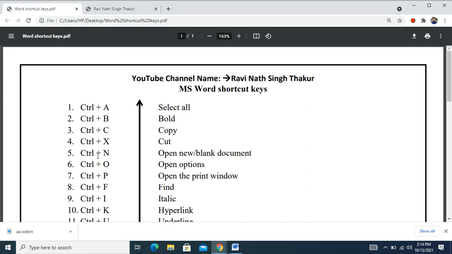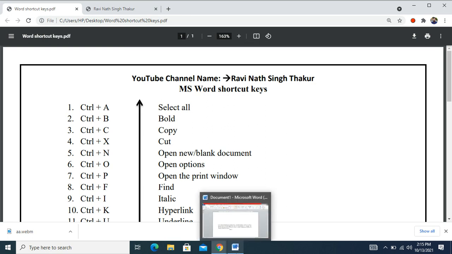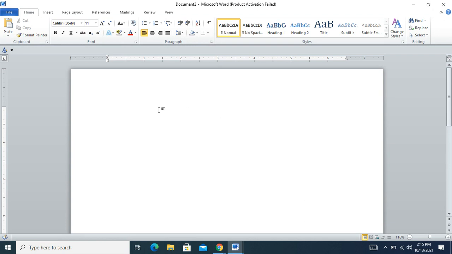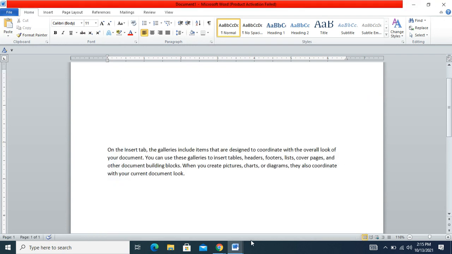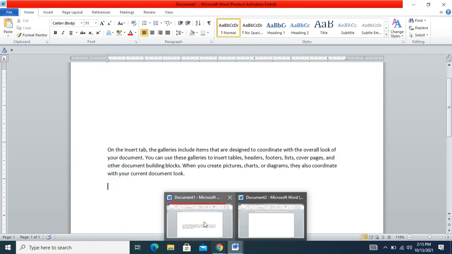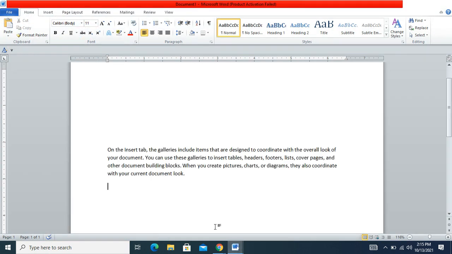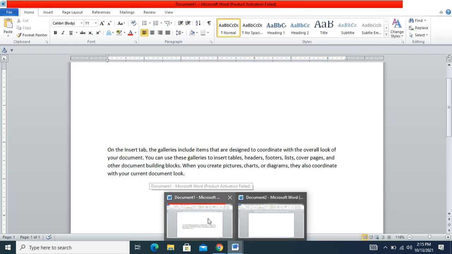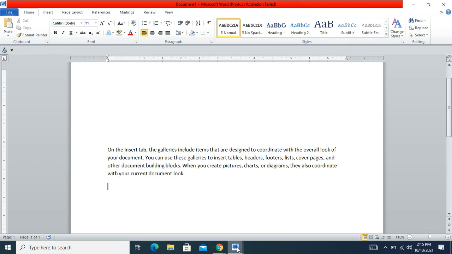Next, Control plus N opens a new blank document. So press Control plus N, and a new document is opened. Again, Control O: to open a particular file we can use the Control plus O option.